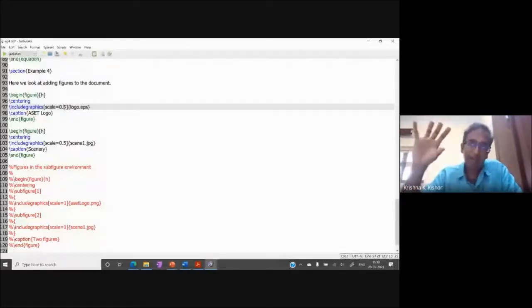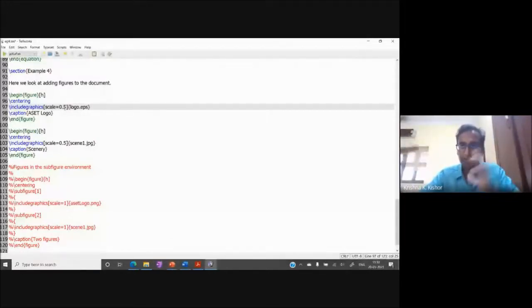And typically, I always use a scale command because you want to maintain the aspect ratio. So you only want to scale the figure. A scaling of less than 1 will make the figure smaller, and larger than 1 is going to make it bigger. So again, it's square brackets.